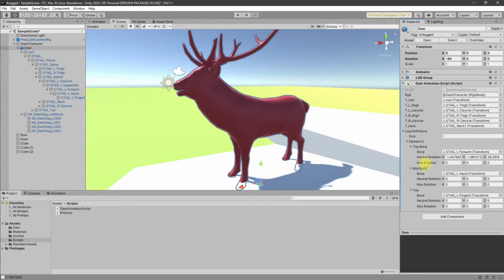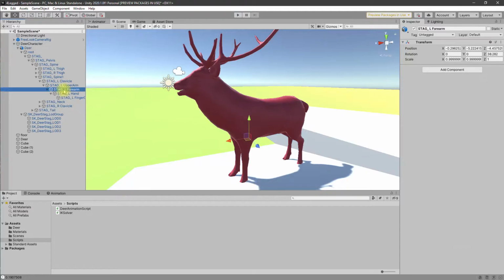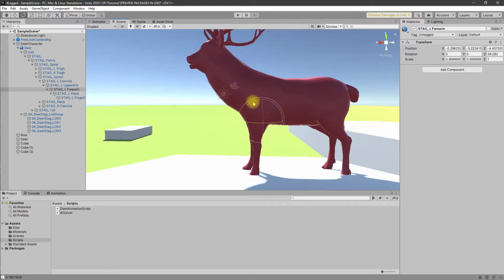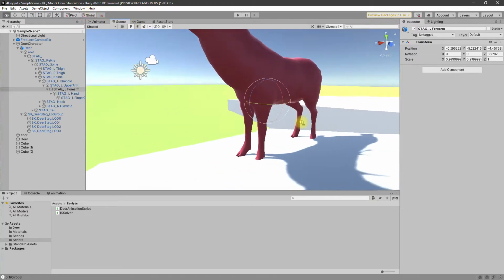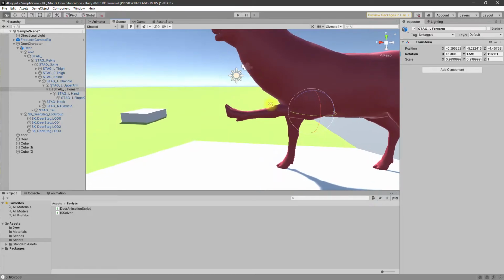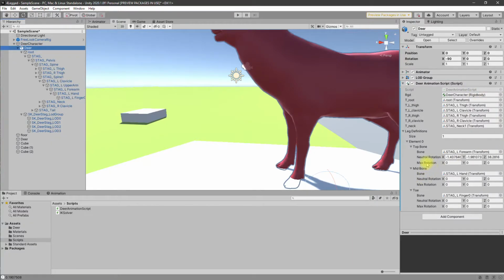Max rotation is, make sure that you are in the global rotation and rotate it like this. I'll take this as the max rotation. Copy, undo, paste. Right, similarly